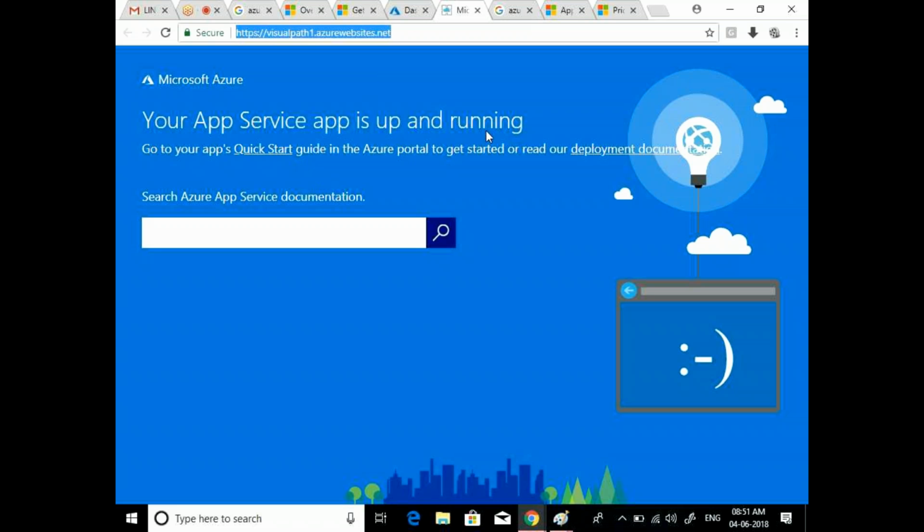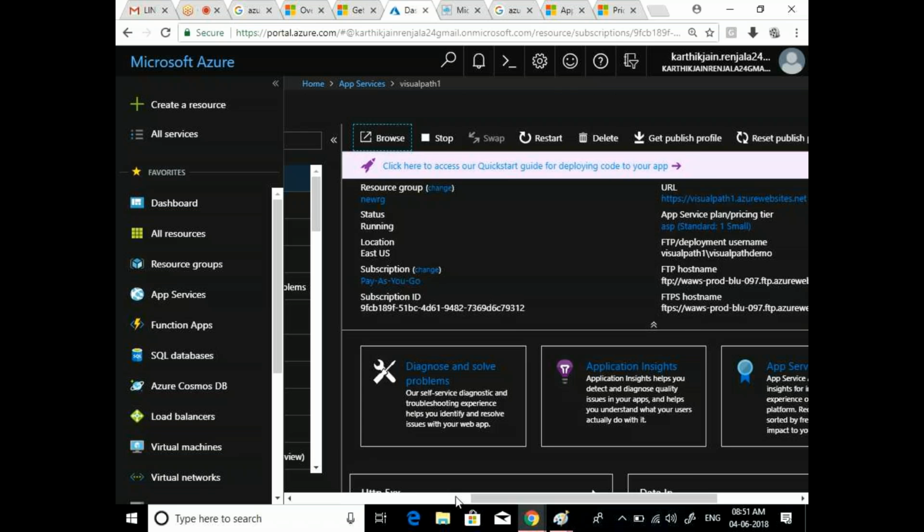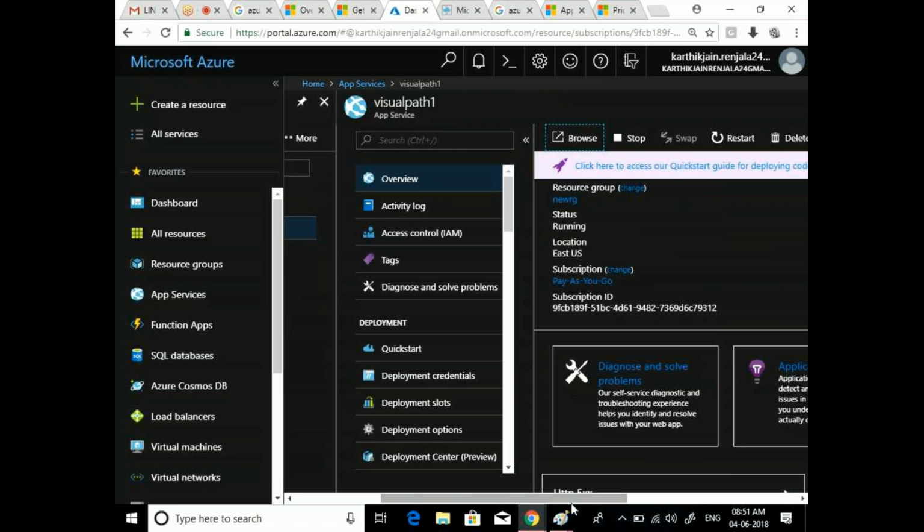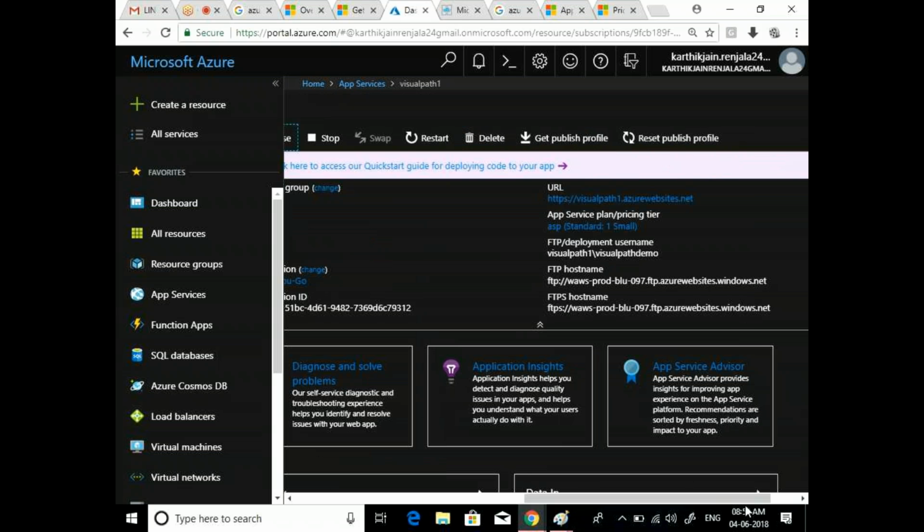If you want to change the website page, then you need to access some configurations and do it. In tomorrow's session, I will clearly explain how to do that and how to create this by using PowerShell as well as the portal. The apps concept is really important for you in real time because you are going to support these app service plans. In today's market, a lot of companies are asking for people who work on PaaS services. These web apps purely come under PaaS. You need to know how to troubleshoot these app service plans.